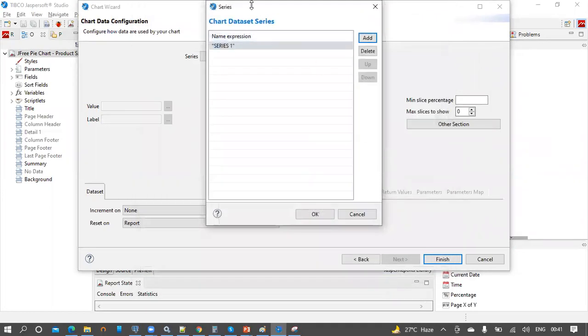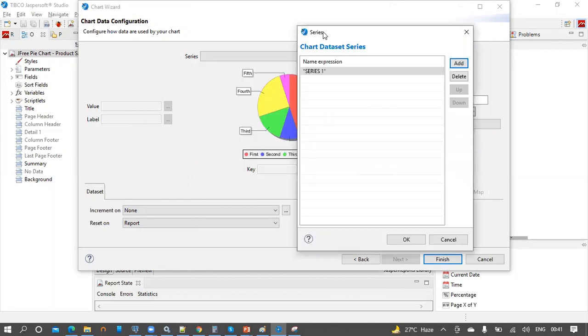Generally, this basic pie chart doesn't require any series to be provided, but if we do not provide a dummy series, we end up with some errors. This basic chart requires at least one series to be added. So I have added series 1 here.